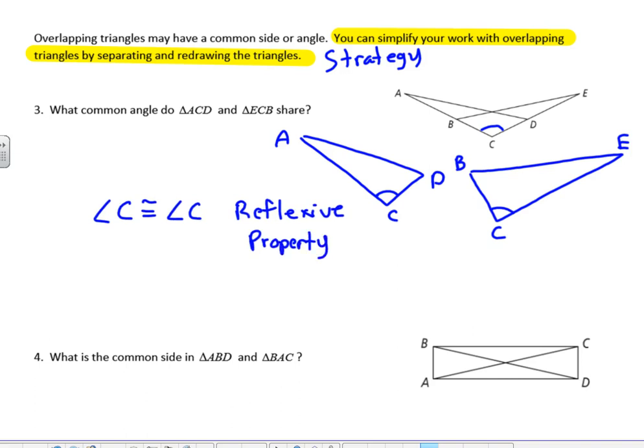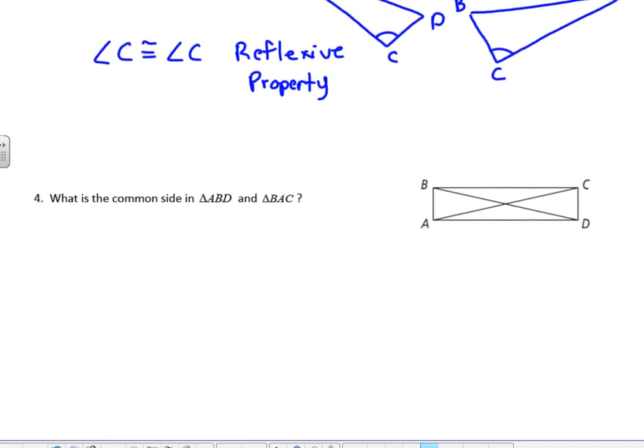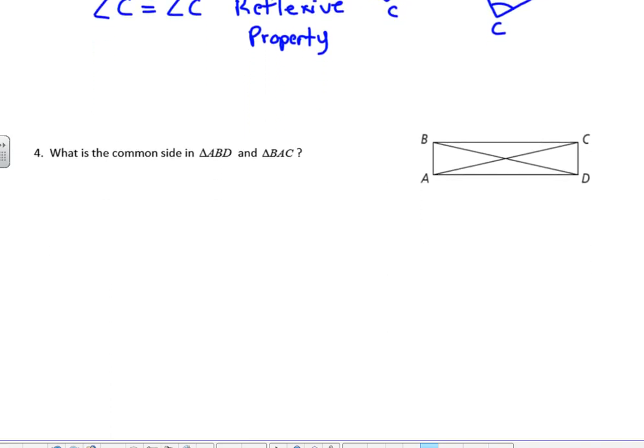Sometimes we have an overlapping or common angle that is shared, and so we can use that in a proof because it is the same part. All right, now what is the common side? If I were to take a highlighter here and highlight these two triangles, ABD would be this triangle, and BAC would be this triangle, and we see the part there that overlaps. Now I'm going to draw them separately because that's the strategy that I recommend you use as we go through this. So BAC